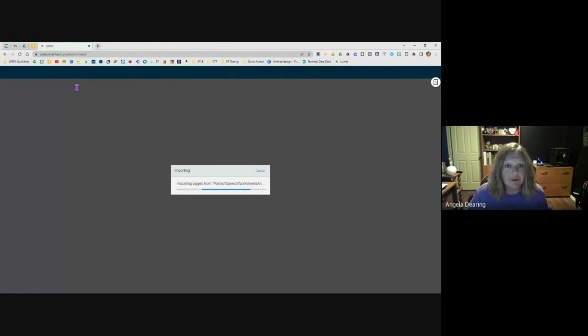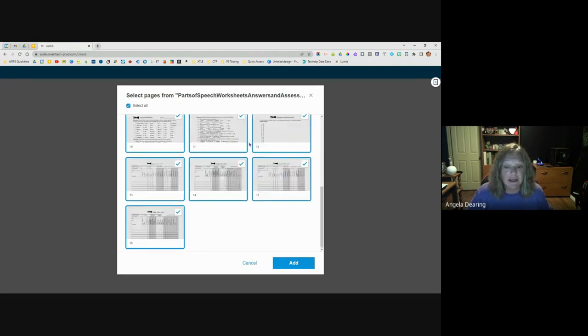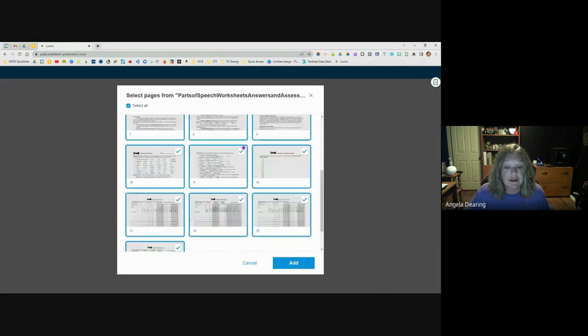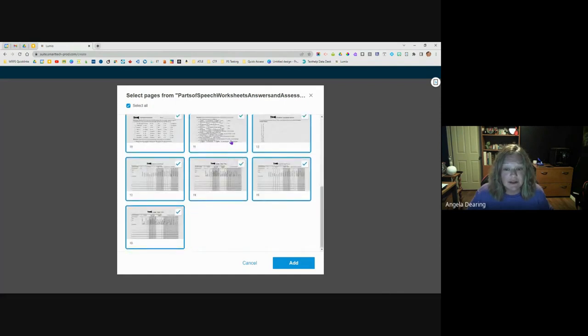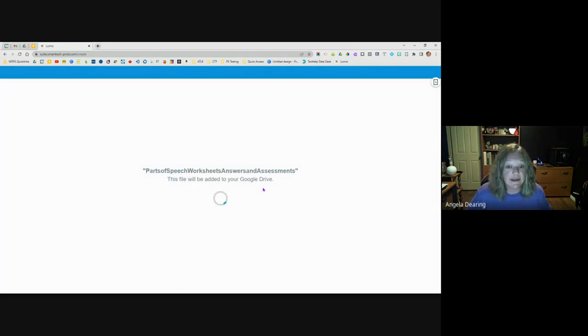When Lumio is importing something that has multiple pages, so if it's a slide with multiple slides or a PDF like this with multiple pages, it will detect those and it will actually give you an opportunity to decide if you want to import everything. So on this screen, it's showing me all of the pages that it's found in my PDF and asking me to confirm which I would like to import. I'm going to untoggle the ones that are answer key related, and then go ahead and add this into my